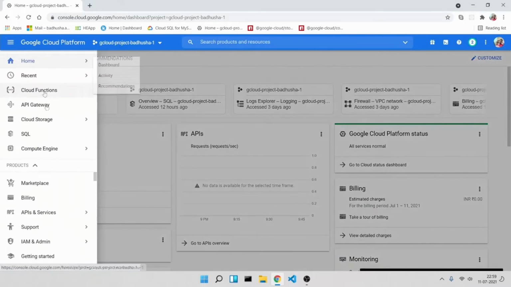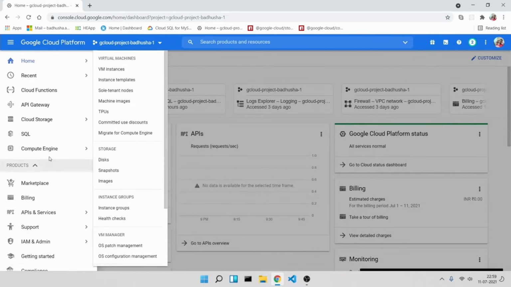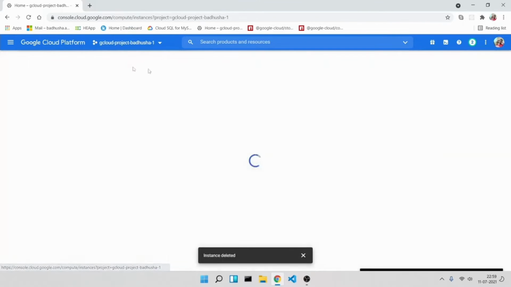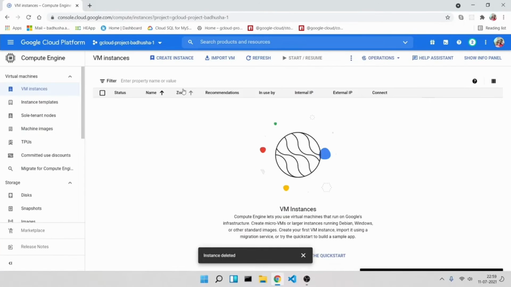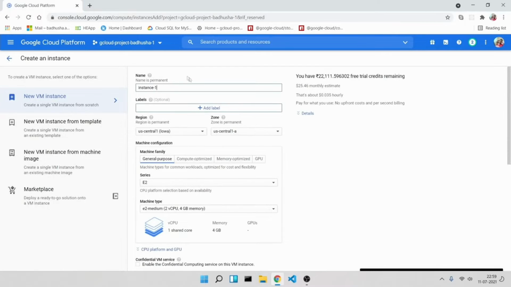Now if you go to the menu, you can find something called Compute Engine. We are going to create a virtual machine from Compute Engine. Now let's click on the VM instances. It will open this page where you can say create instance. Once you say create instance, you will be presented with a form, and you can provide a name to